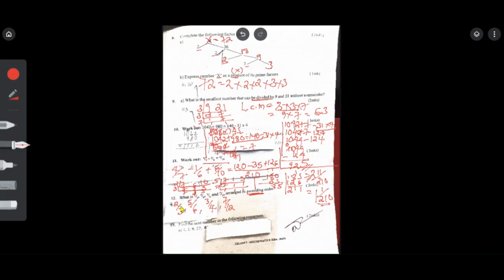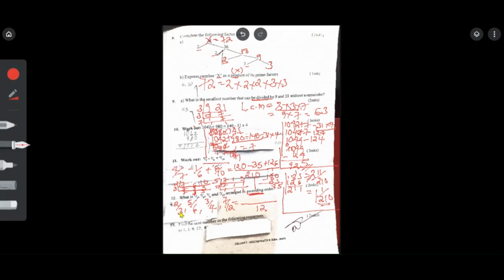You can convert into decimal, you can multiply by 100 to give you a percentage. You can do the LCM, which is the one that I'm going to follow. Getting the LCM of 3, 6, 4, and 12, if I work it out, I believe the LCM is 12. Then you have 12